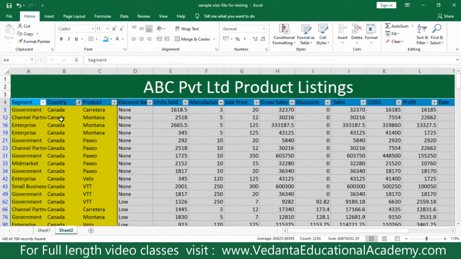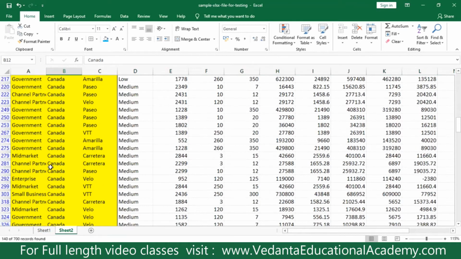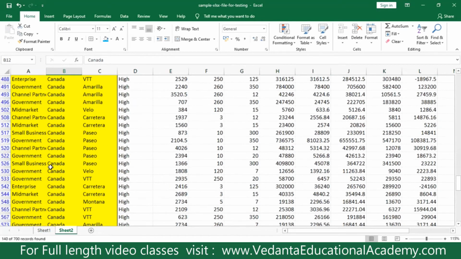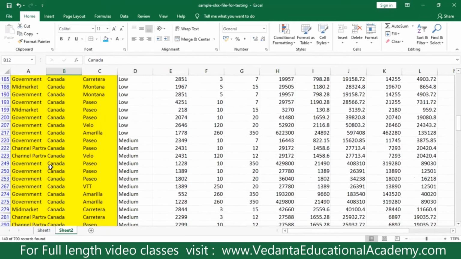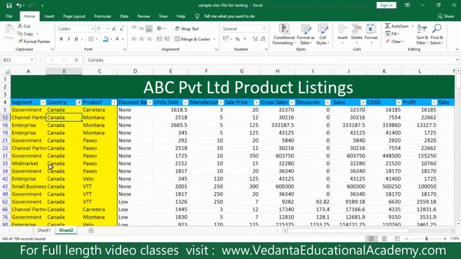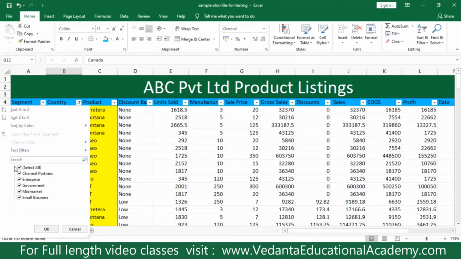Now the data that you are observing belongs to only Canada, is it clear? Right. Now out of this data in Canada, I would like to see only the data of the segment small business. So you go to segment, deselect all first and select only small business, then click on OK.